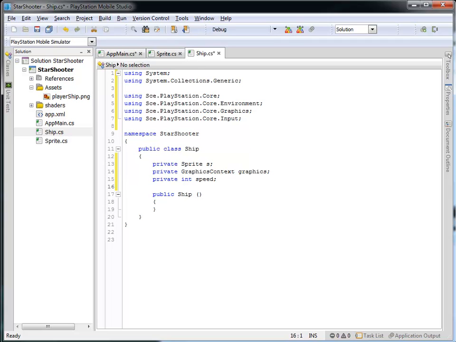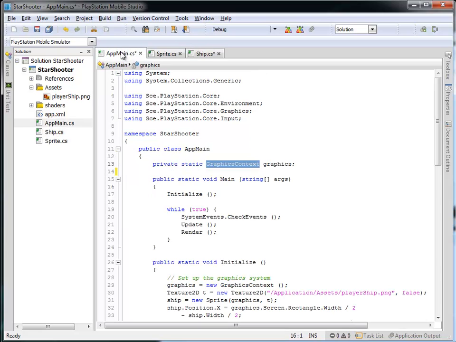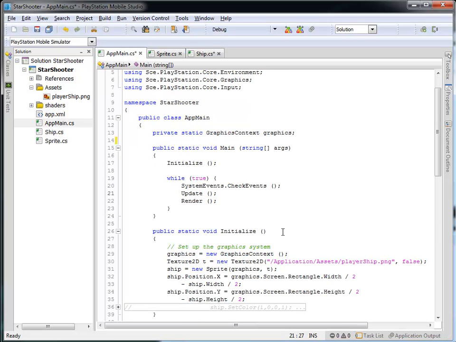So I've got three variables now: a sprite called S, a graphics context called graphics, and an integer called speed that are variables inside the ship. So every ship that I create is going to be able to know this information. Okay, let's go back into our app main, and I'm going to actually load this texture and set up the